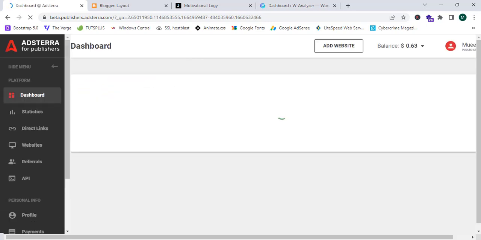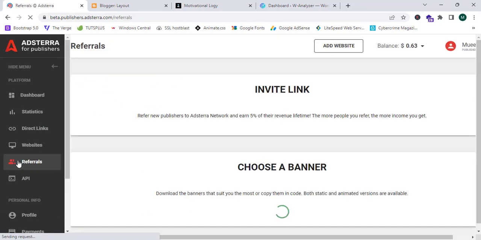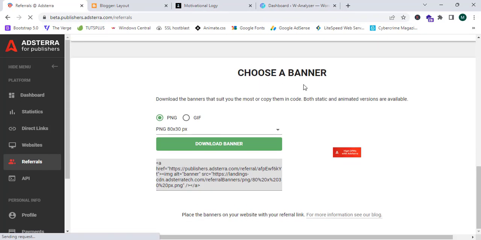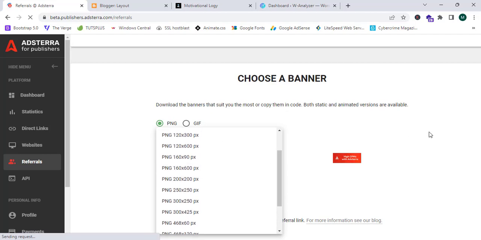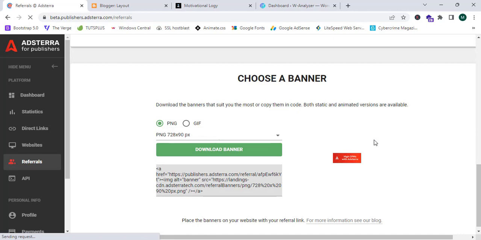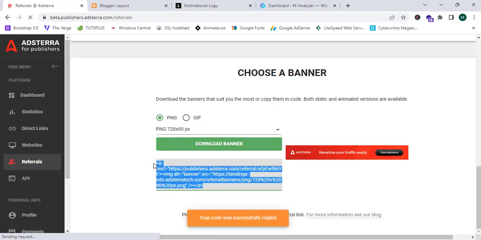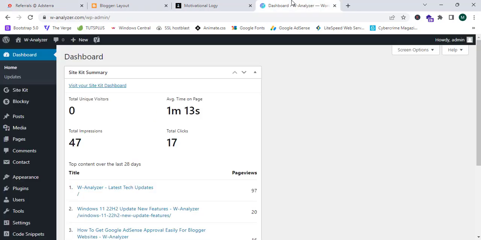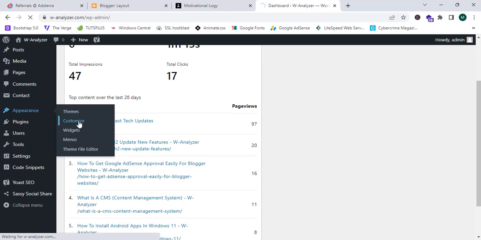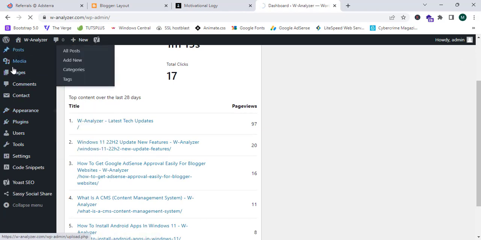it's loading, and now I'm going to go to the referral section, and now I can simply scroll down and I can simply choose a banner type. So now I'm going to choose a banner for my header. So now I'm going to choose a 728 by 90, and so now I'm going to copy this code completely, and now I'm going to go to my appearance section, and I'm going to click on customize, and I can